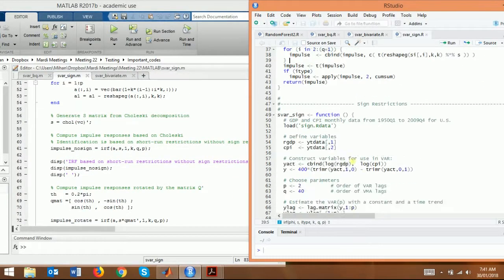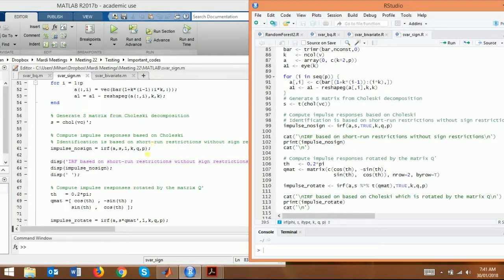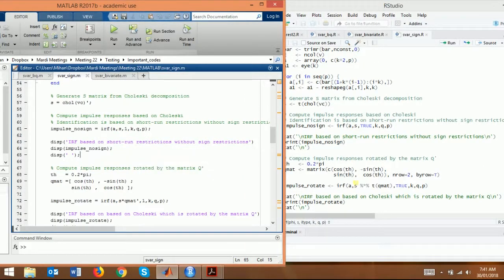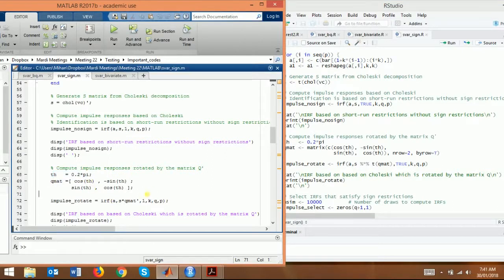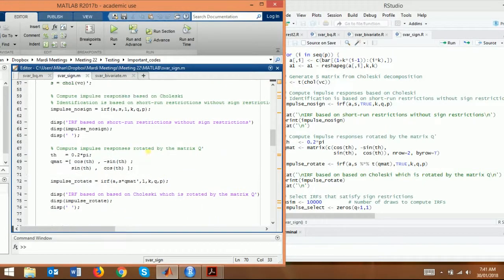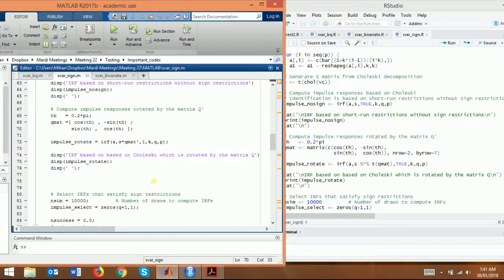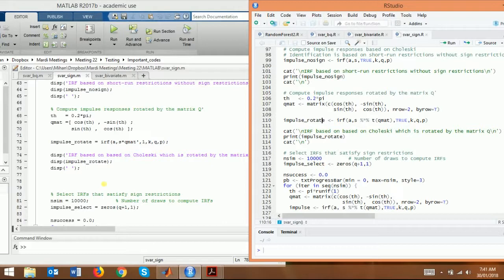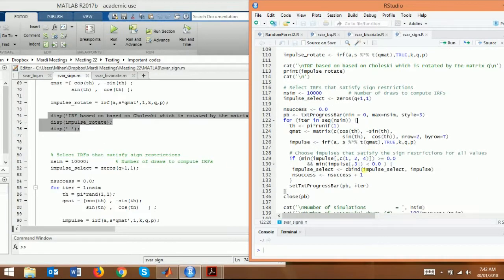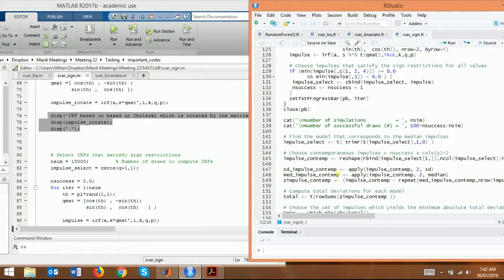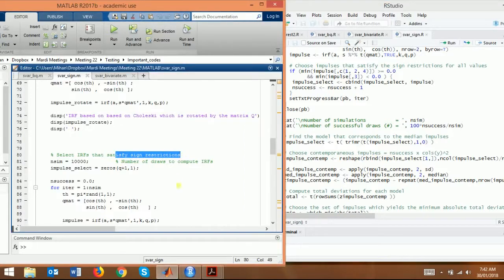So impulse will be created when you call with the no sign one. Now we generate theta, and using theta we generate the Q matrix, and now we don't only estimate S but with the Q matrix. So we have impulse rotation, called Q, rotated by matrix Q. Fine. Now we need to do the iteration, and we need to select only those impulse response functions that satisfy